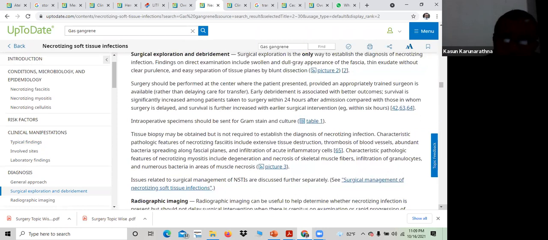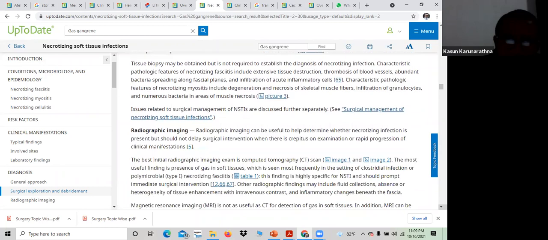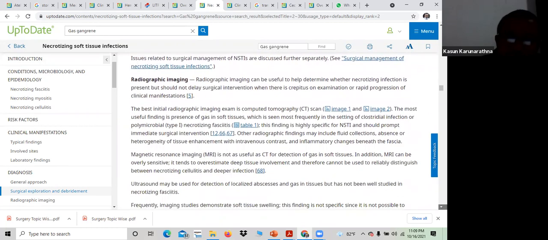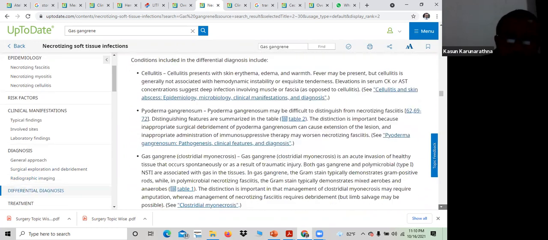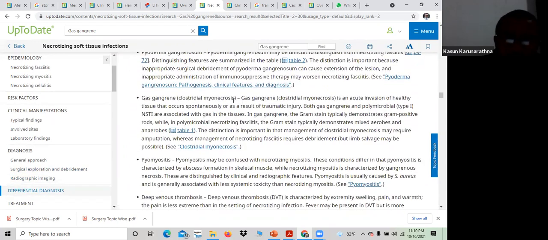Surgical exploration is the only way to establish the diagnosis of necrotizing infection, because you can't see it sometimes from the outside. The skin will be hazy, but there will be a deep infection which progresses, right? If you do a CT, then you can see the gas. If there are gas forming organisms and if the gas is trapped within the soft tissue, you can see it by CT, right? Gas gangrene, clostridial myonecrosis, is the acute invasion of healthy tissue that occurs spontaneously or as a result of